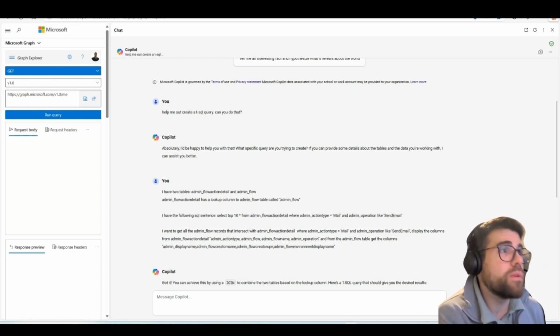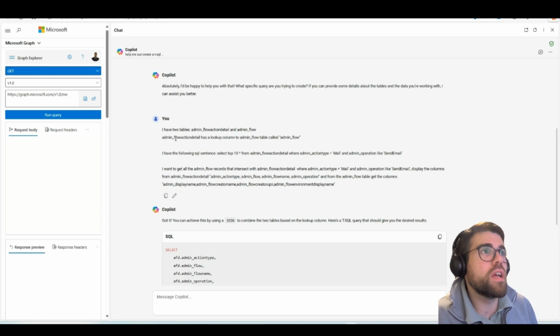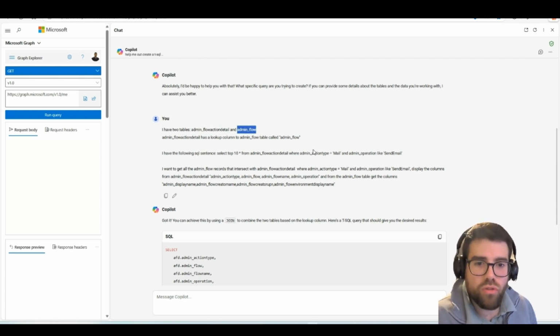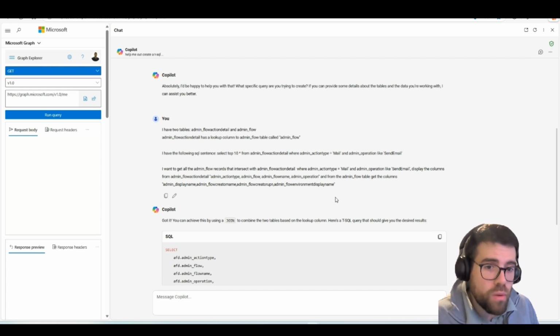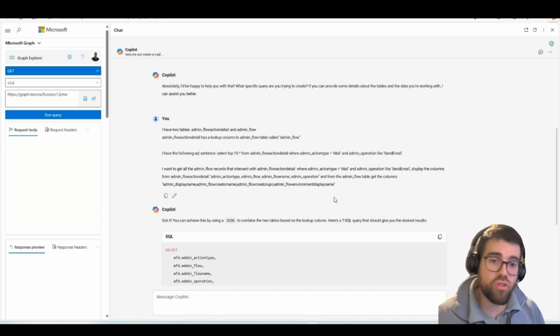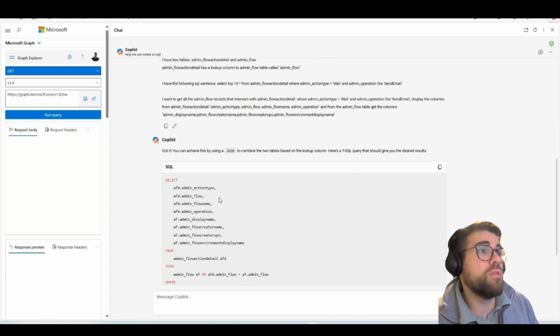And here, basically, what we are doing is asking if it can do some SQL query, and it'll say, of course. Now you just explain the story. There are two tables. You know the names of the tables. We just retrieve them from the URLs, and tell it, hey, please help me out, create the query for that. These are the columns that I want to get. There's an intersection. The intersection is this join. What's the intersection, right? The things that coincide based on a certain criteria, and it will pop out this